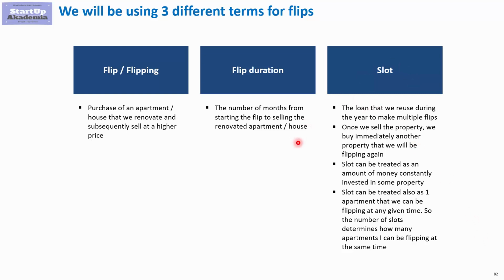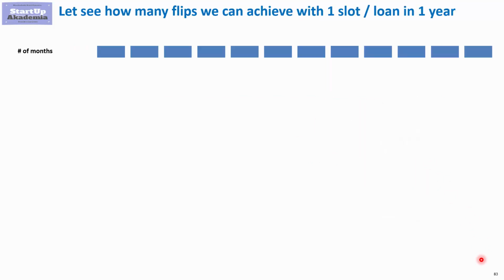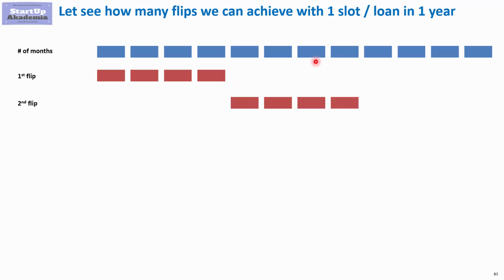Now, those terms are related. In order to show you that, let's have a look at a short example. So let's imagine that we have 12 months and we want to see how many flips we can do with one slot. So with one loan, or with one amount of money invested into flipping. So if the duration is 4 months, we're going to finish the first flip by the end of April. Then we'll manage to do the second flip and by the end of the year, we'll manage to make the